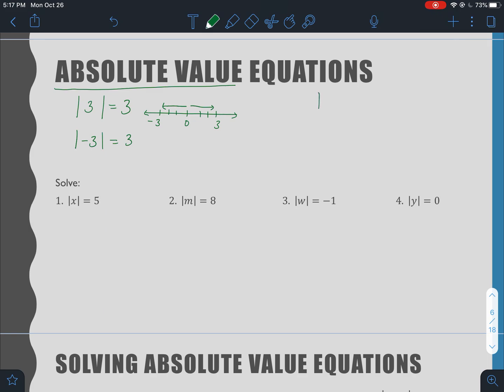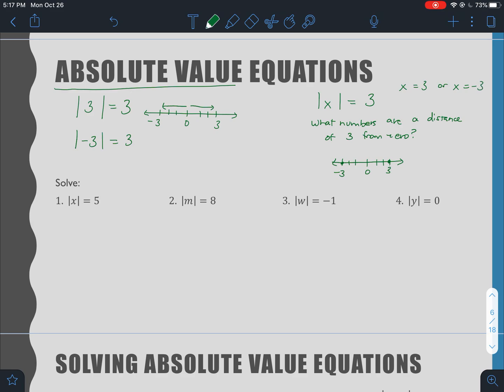Well, let's say that we know that the absolute value of something, an unknown number, is 3. So this is saying, what numbers are a distance of 3 from 0? If it wants to know if the absolute value of x is 3, it's saying what two numbers have a distance of 3 from 0. Well, that would be +3 and -3. So if the absolute value of x is 3, then x is equal to +3 or x